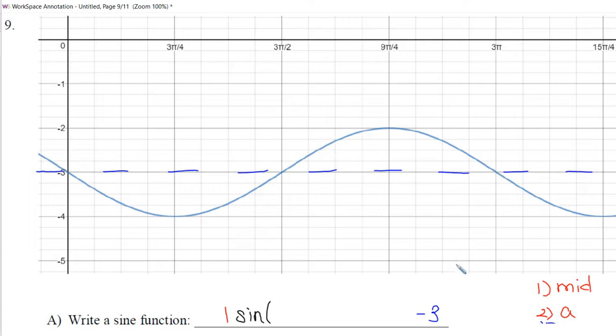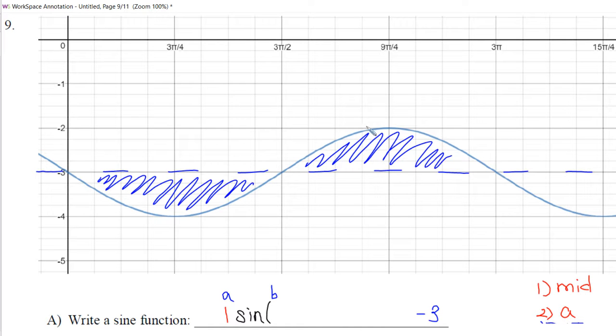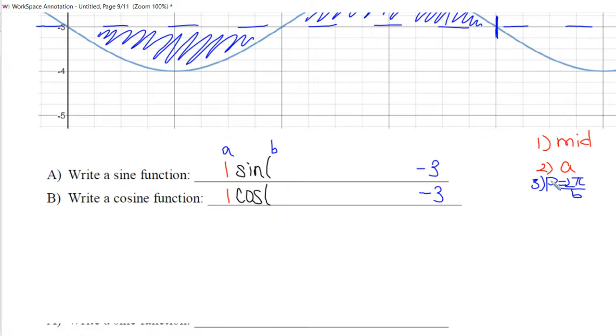Remember, P equals 2 pi over B. That's my A. My B goes inside, in between sine and the X that we're going to have. Okay, so remember, if it makes 2 humps, it makes a full period. So that's hump number 1, and this is hump number 2. So wherever the second hump ends, which is right here, that's my period. So my period is 3 pi. That's my period. So I'm going to take that, okay,